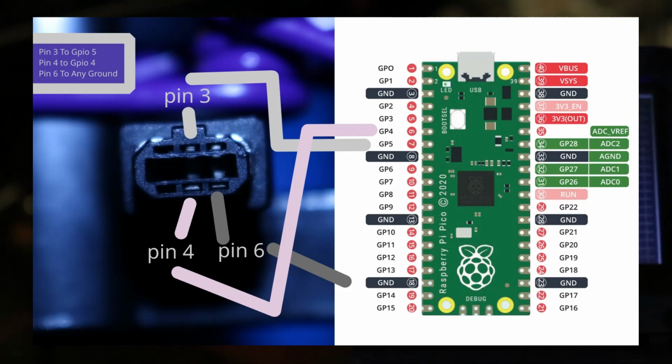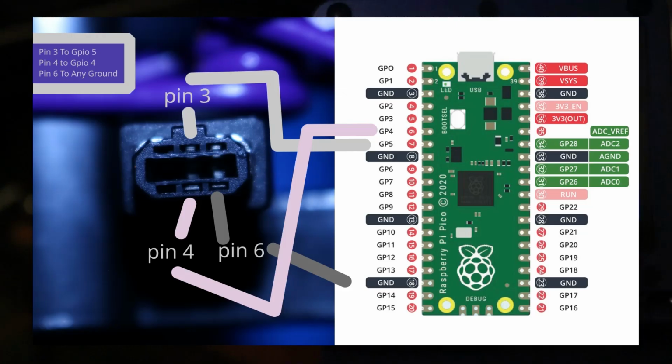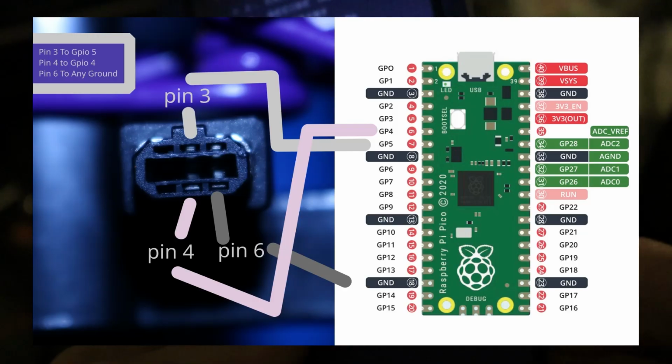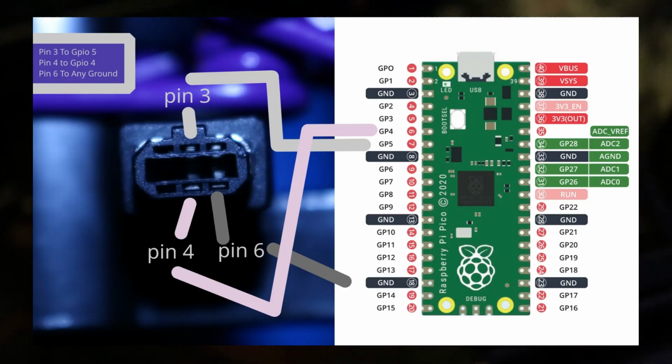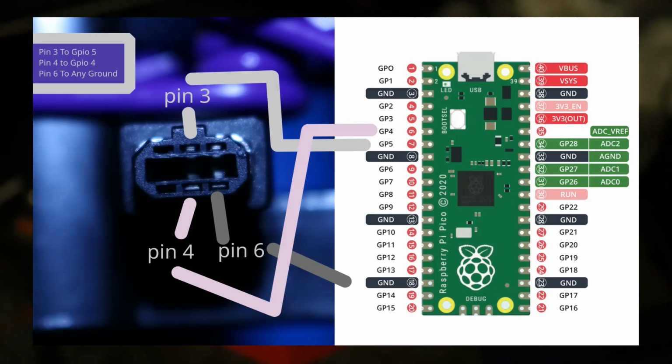Even all cheap Game Boy Advance link cables will have at least one end of the cable with these 4 or 3 pins that we need. And once you have it cut, get your pin 3 from your GBA link cable, hook it up to GPIO 5 on the Pico. And yeah, I forgot to mention it, we're going to need a Pico for this project,